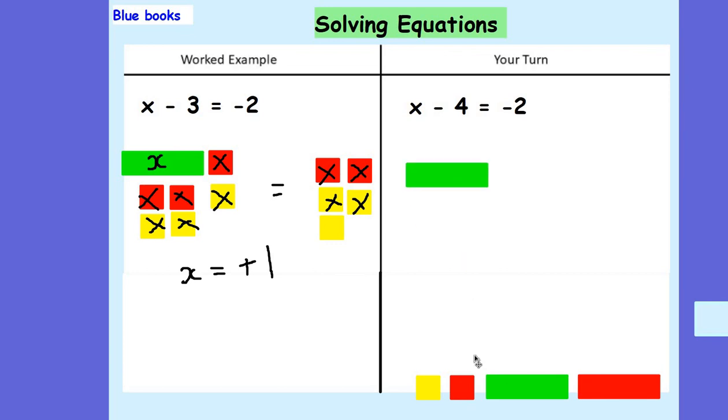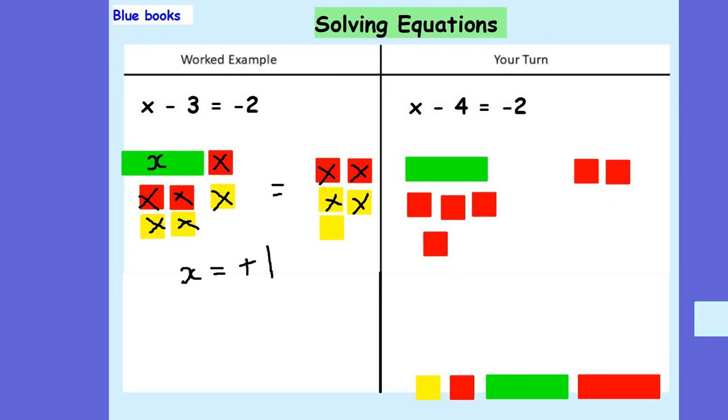I know that x on its own, subtract 4, is equal to negative 2, for which I need 2 red squares. I want to get the green rectangle on its own, and to do that I need to add 4 yellow squares to this side, and whatever I do to one side I need to make sure I do the same to the other. If I now cancel out my 0 pairs,